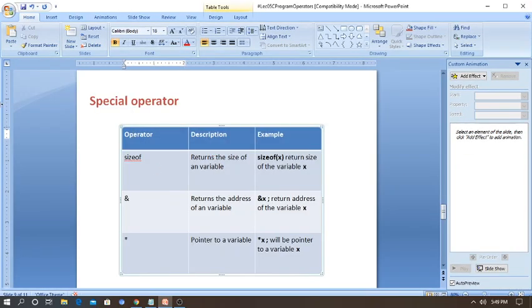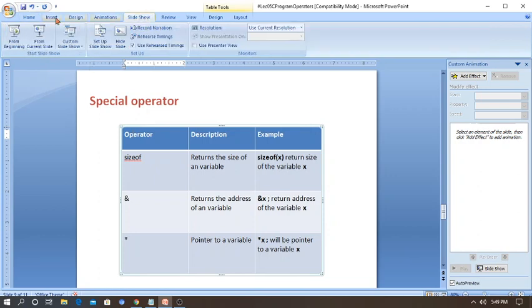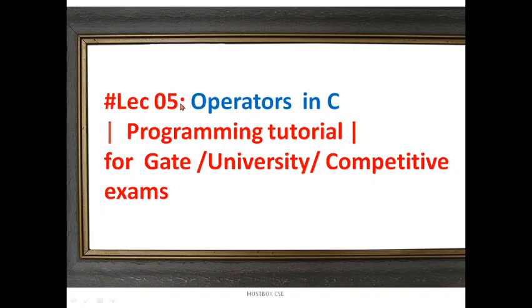Today we are going to see the very important topic called operators in C language. In the previous session I hope that you understood the topic about data types in C language. So before the programming, before learning how to write a C program and everything, we have to discuss this very important topic, operators in C language. If you want to write any C program, you should be strong in these fundamental concepts.